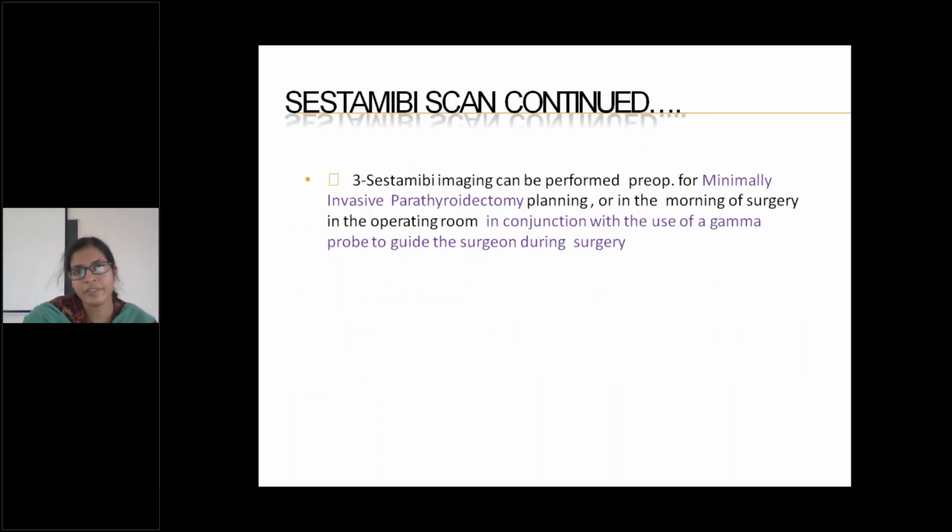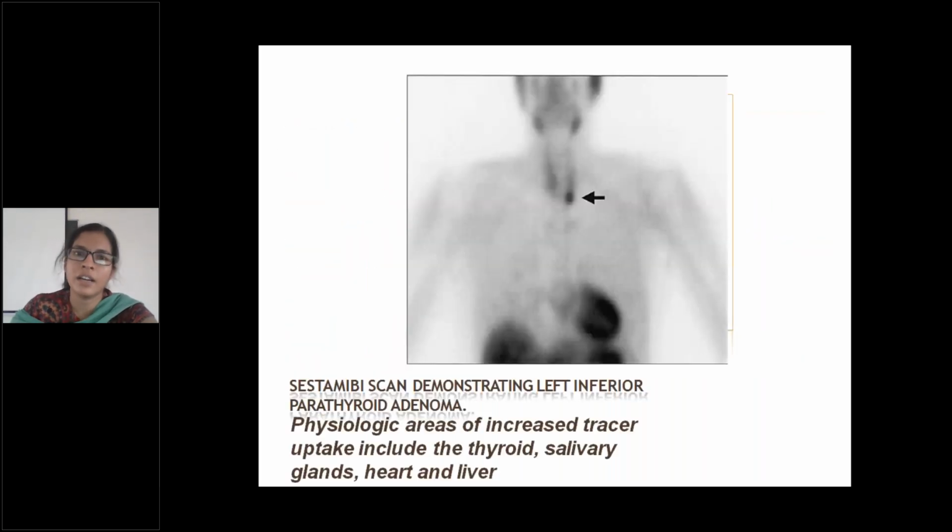This is for minimally invasive parathyroidectomy. Nowadays parathyroidectomy is done as open, radical open, and minimally invasive. Usually, minimally invasive means that here is the location of this inferior parathyroid, which I have located preoperatively, so I have to remove only this parathyroid adenoma. So I will give an incision over this parathyroid gland and I will remove the gland. That is minimally invasive.